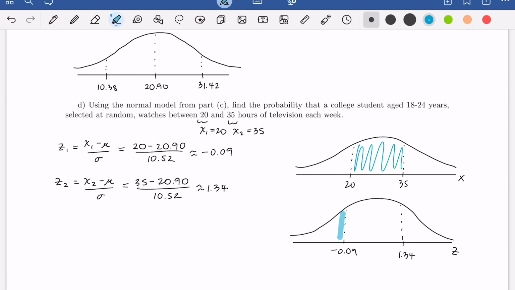So the area to the left of this guy, negative 0.09, is going to be 0.4641, just looking at table 5. And then the area to the left of our z-score of 1.34 is going to be all of this, and that is going to be